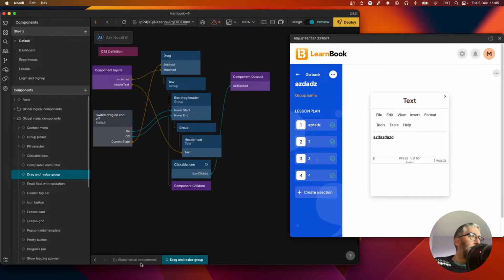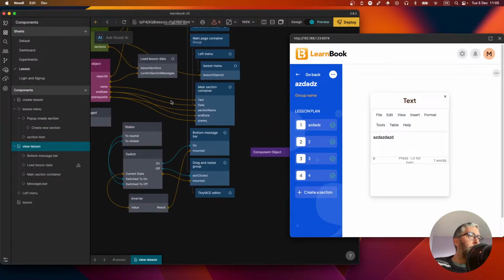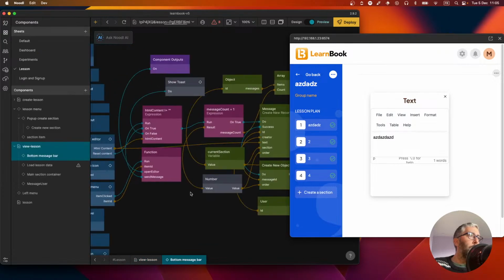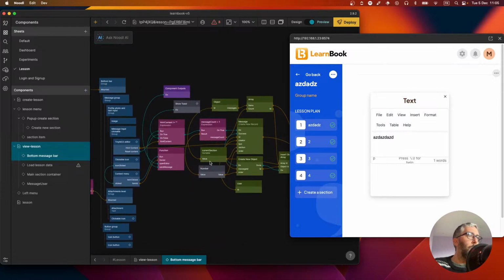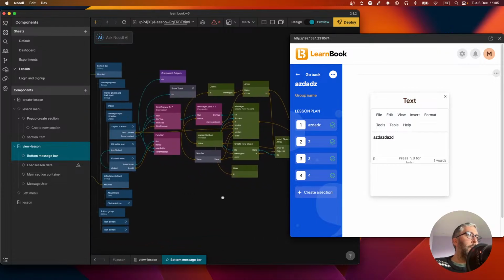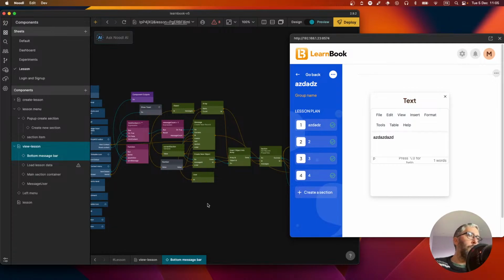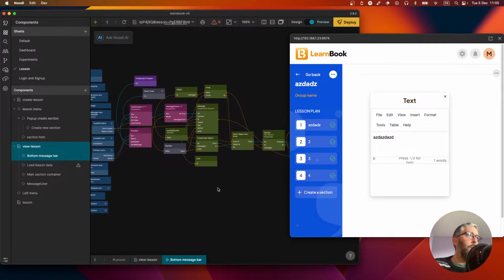Because when I create a message from the bottom message bar, I create a new message. I get this whole thing here. So actually when I said this is a mess, I need to package this up because I'm going to use it outside as well. I need to turn this into a